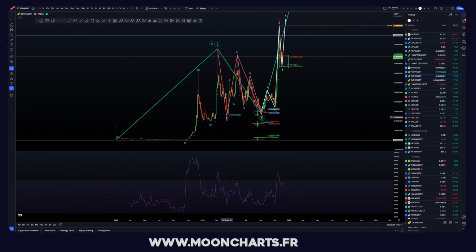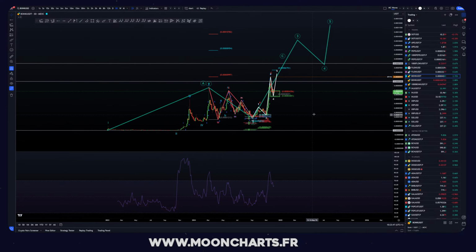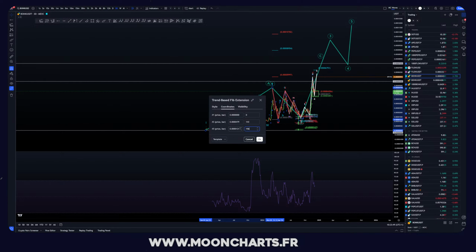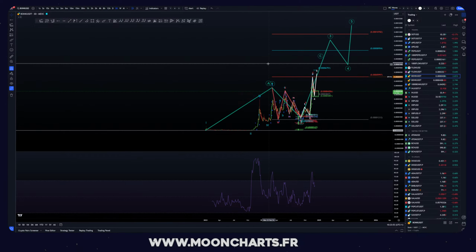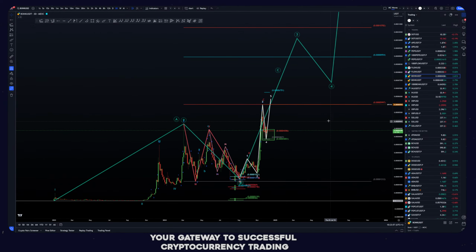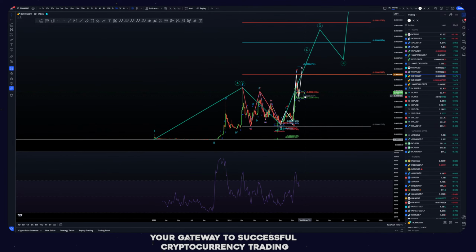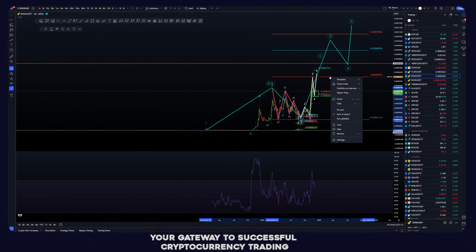I will take that bottom here, to be honest. I don't know what these targets are there, but if we are in this, again, if that's an ABC zigzag. Ah, wait, I think that was a 123 here.